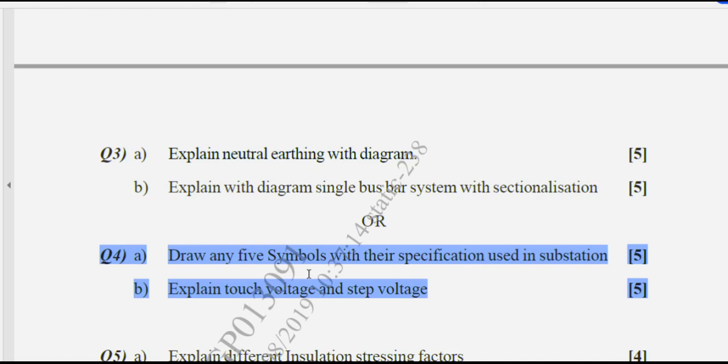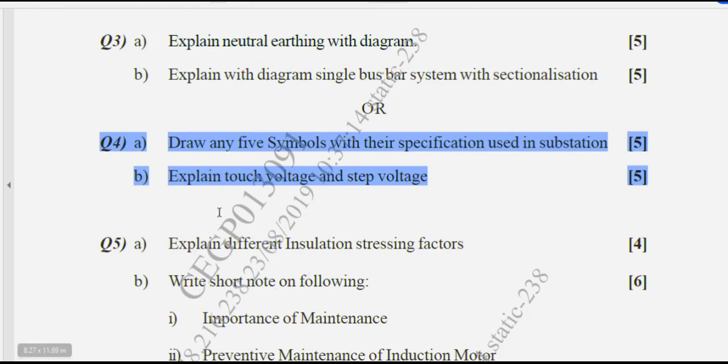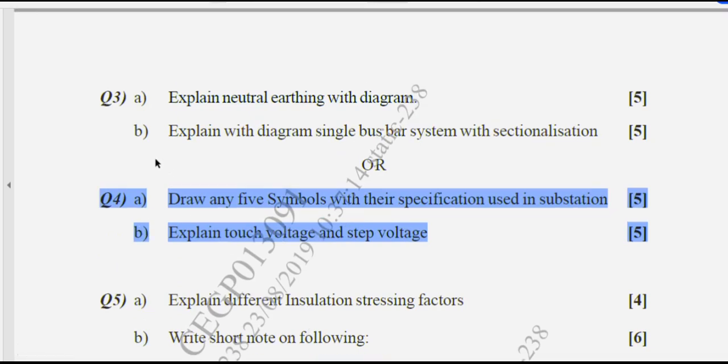I request all the students to be specific and write point-wise. Draw the diagram very cleanly and neatly and give the names, that is called a neat labeled diagram. After solving this question, you will surely get 4 to 5 marks for one particular question. So this is from unit number 2, related to 2A.